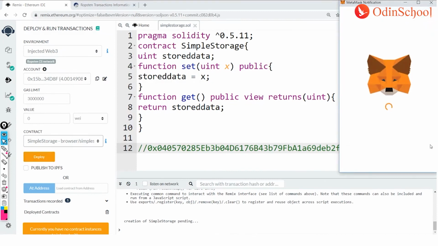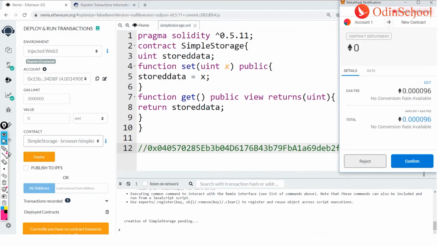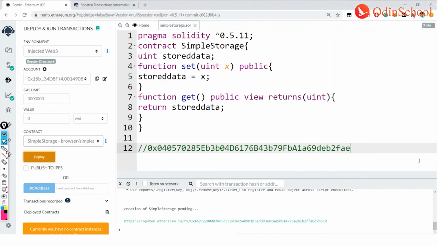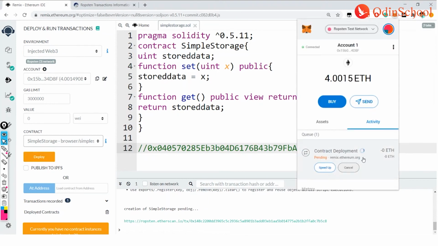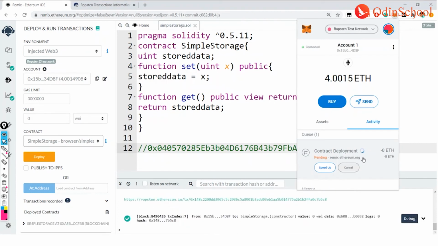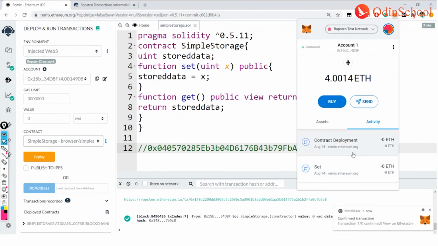Yes, it's going ahead and it's asking me, this is the gas fee. Please go and confirm. Then go to MetaMask and check it out. The contract deployment is still in the pending state. In the previous case, maybe it suddenly got stuck. That's the reason I couldn't see the output of it. So again, I'm trying to repeat the same process. Yeah, it got confirmed. If you see here, the transaction got confirmed and the deployment is successful.